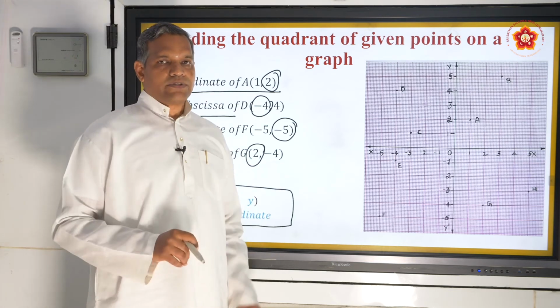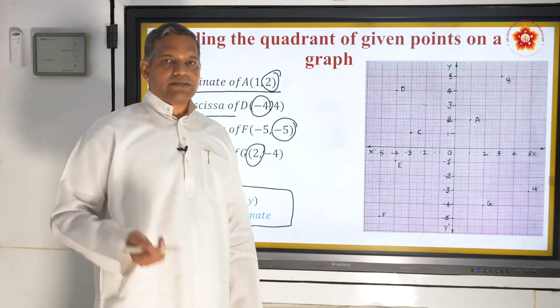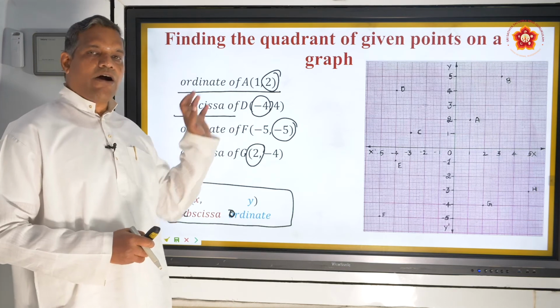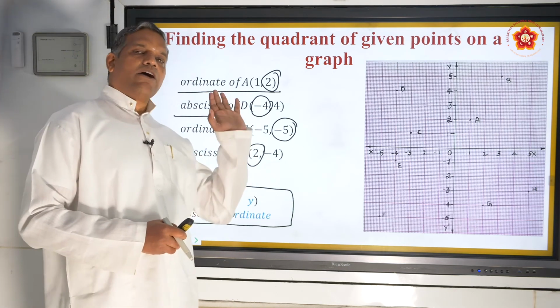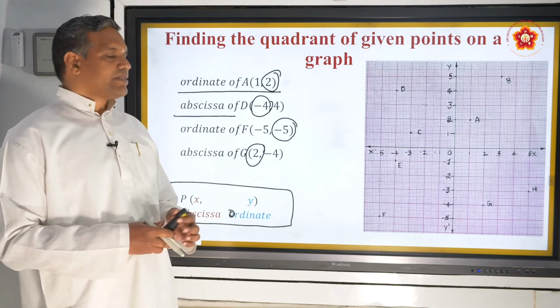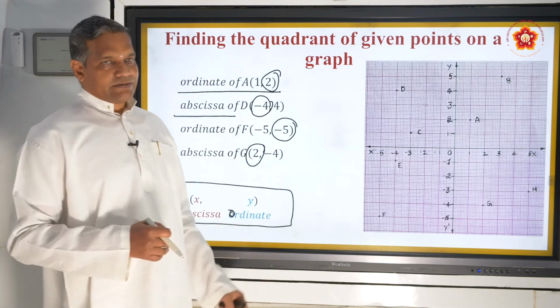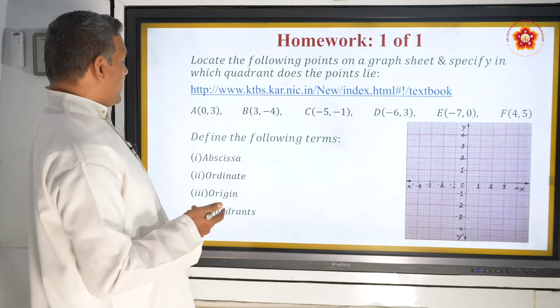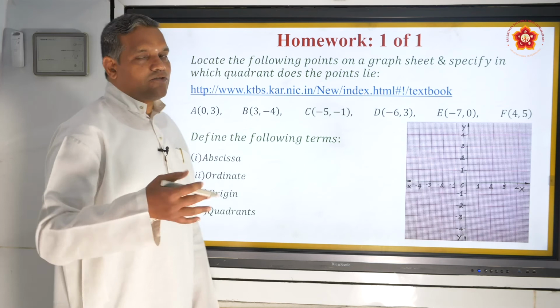Now we are more comfortable with the understanding of abscissa and ordinate. You will never confuse in your life once again what is abscissa, what is ordinate. Abscissa A, right? A comes with x-axis, x coordinate. Ordinate O, alphabet O. It comes after A, correct, in sequence of alphabets. It's a y coordinate. That's how you remember this. So, these are the few basics that you are supposed to understand, and then already your homework started.